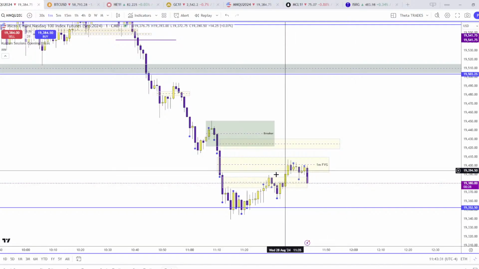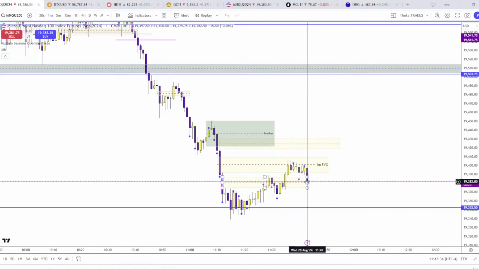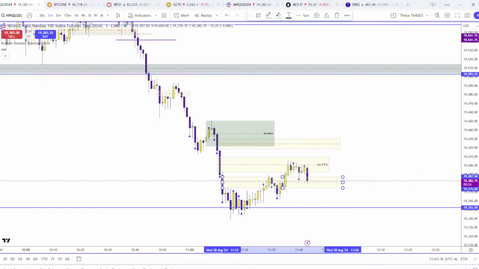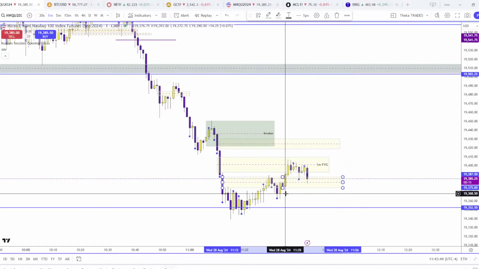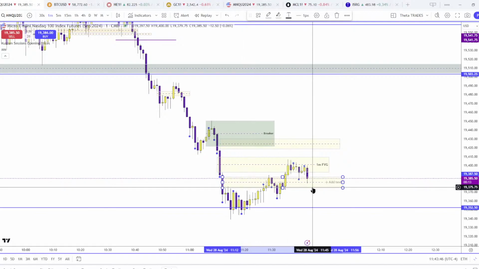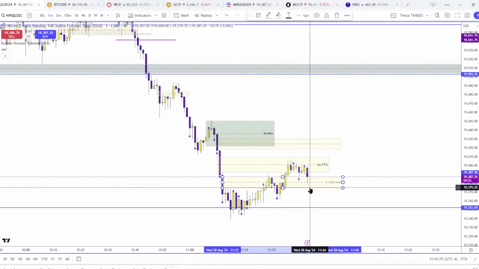Yeah, see how it's filling it in now? Dipping its head. The wick. You just want to see it come back here. Wick in for a perfect. That's the perfect entry right there. If you were doing a long, the perfect entry would be right there. Because if you're on the wrong side of this,